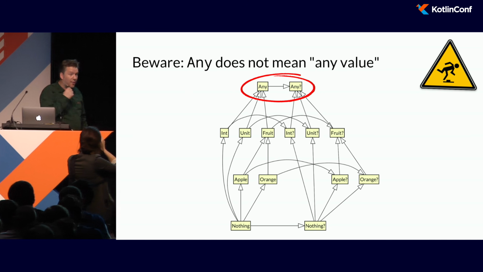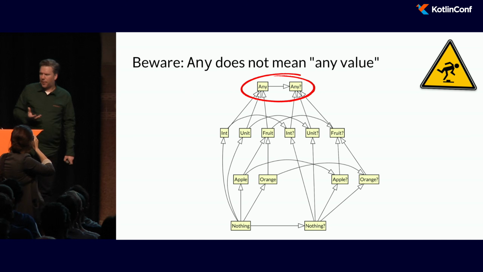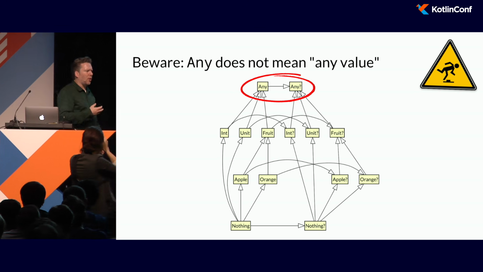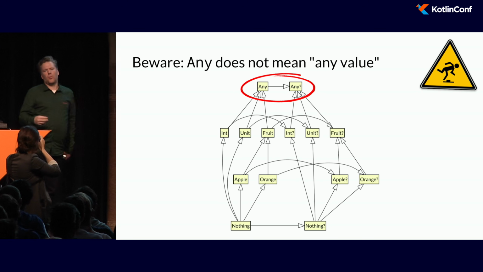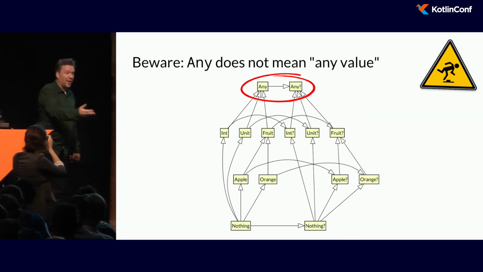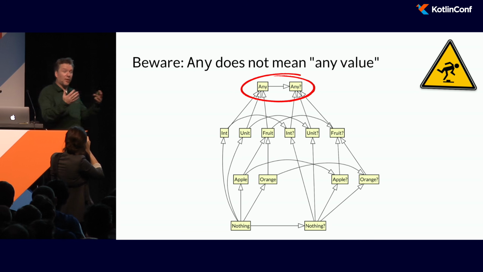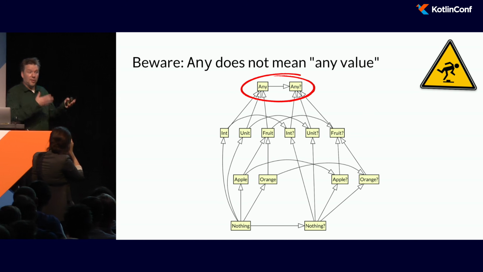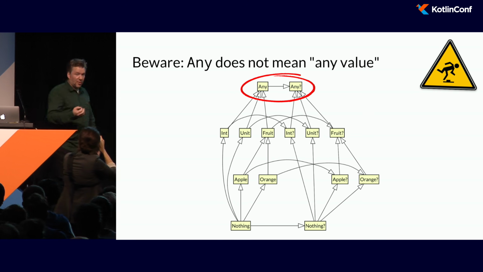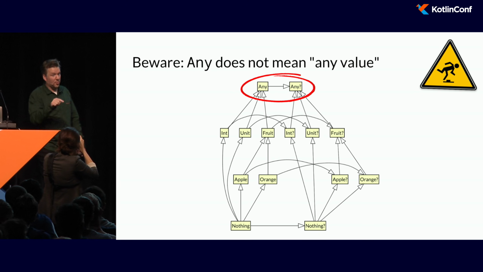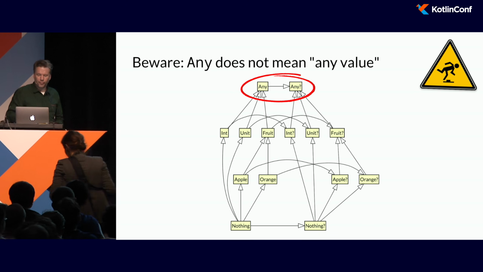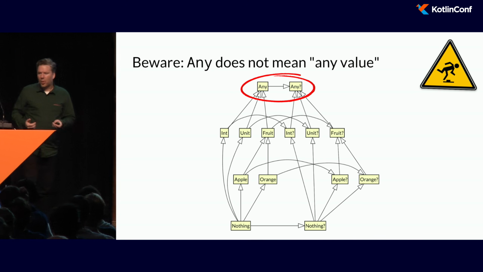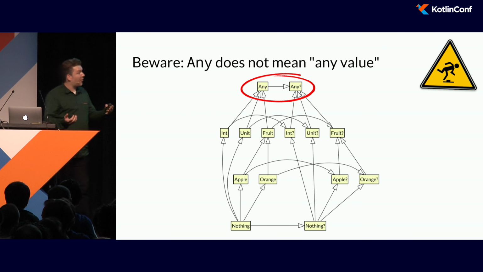So what this means, though, is that Any doesn't actually mean any value. I made this mistake. I released a library called Hamcrest for testing, and I wrote a predicate in there called anything, which was defined to take Any, but it should have just taken any value. It didn't work with null, because Any doesn't include null. So if you want to say any value, you have to say Any?, and that includes null as well. Not much of a problem within one code base, because you can just change it and recompile. But if you publish a library, it's something you have to be careful about.